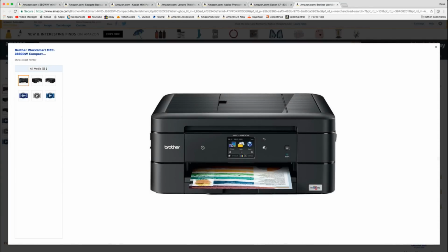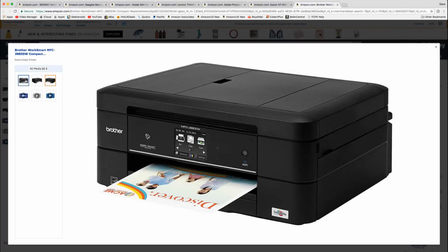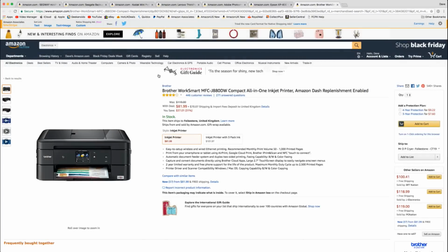So we've got a home button here, a back button, touch screen here. It is wireless. We've also got a scanning bed on the top, so you can use this for scanning documents and as a copier as well. There's no fax functionality in this particular printer, but it's also got Amazon Dash built in. Now, Amazon Dash replenishment means that when the ink runs out, you can actually have that ink automatically replenished just at the touch of a button. So that's a really nice feature. Now, this printer is $37 off. So normally $119, it's down to